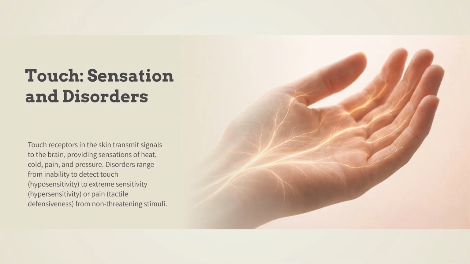Sensation disorders. Touch receptors in your skin are sending signals all the time, even though you are not actually feeling it. You may not notice that you are touching the chair underneath you until you're thinking about it. But at all times, your body is sending signals to the brain indicating what it is doing. It can provide heat, cold, pain, pressure. The disorders range from the inability to detect touch